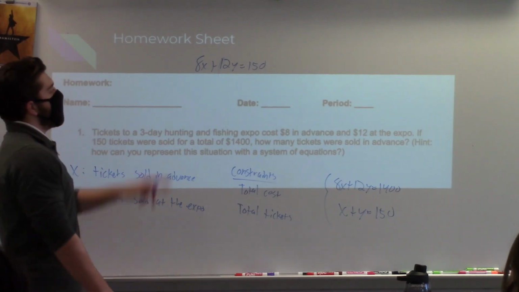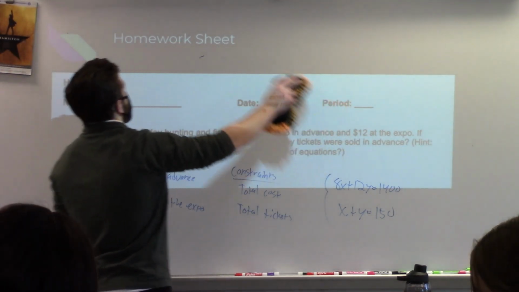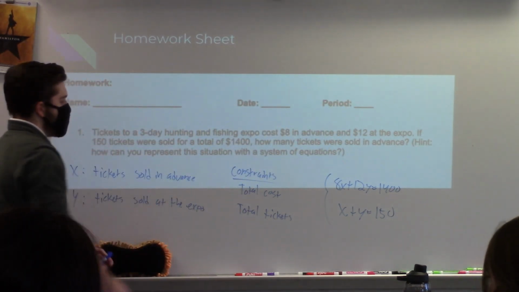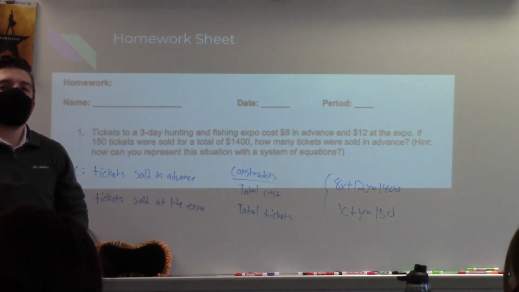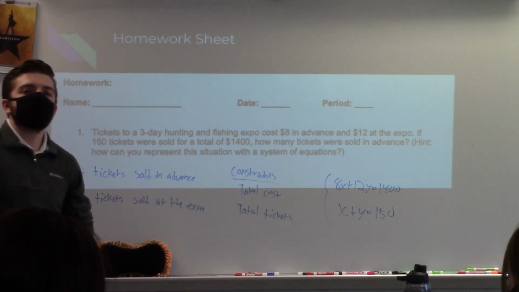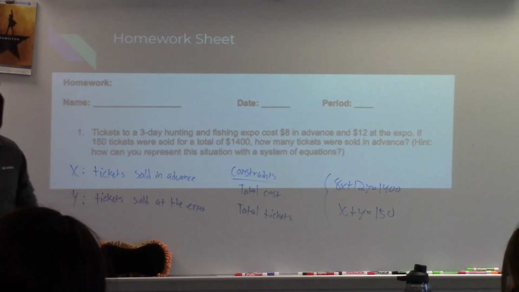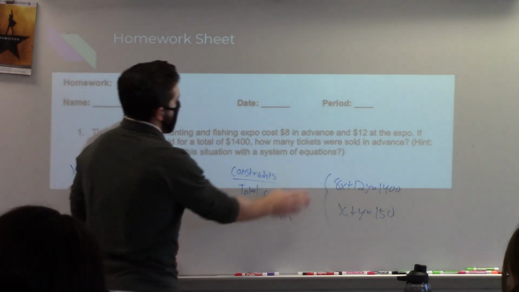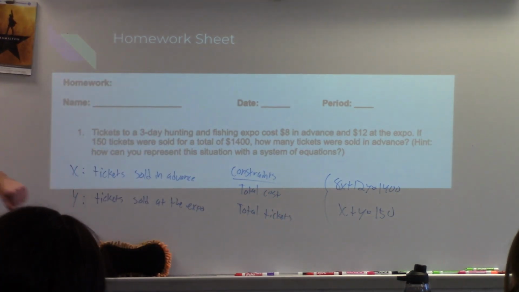Yeah, so when we have this 8X plus 12Y, that's dealing with the money, right? It's asking for an equation to represent the situation. You're not going to say 8x plus 12y equals 150. That doesn't make sense. Money plus money equals tickets. Exactly, so when we're talking about 8X plus 12Y, we're talking about money. So when we say X plus Y, we're just talking about our tickets sold in advance and our tickets